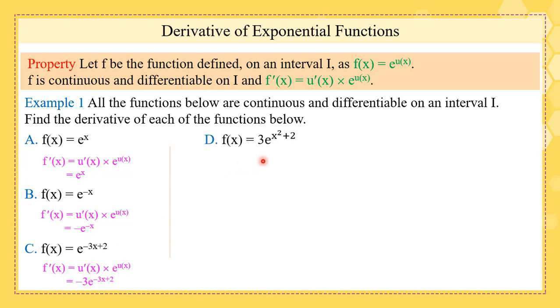Now here, we leave the 3 alone, we multiply it by the derivative, we get 2x times e to the power x squared plus 2, and it's better to be simplified as 6x e to the power x squared plus 2. Now this expression: the derivative of 2x is 2, the derivative of negative 1 is 0, minus, and the derivative of this quantity is minus 2 e to the power minus 2x, and if we multiply minus 2 by minus, we get